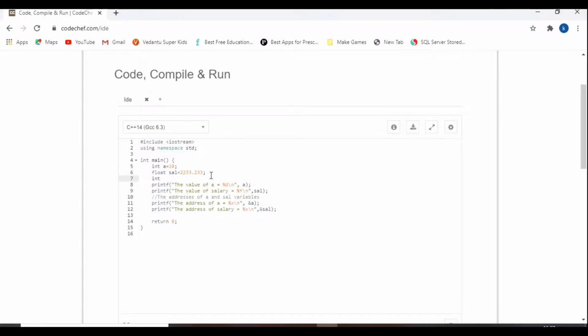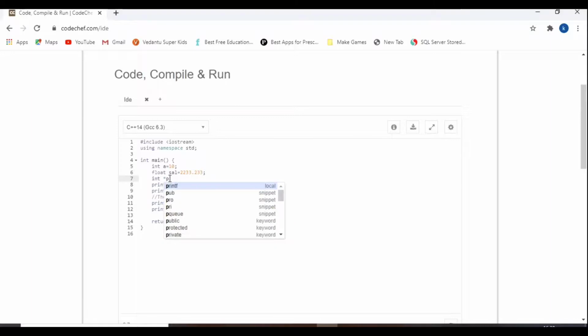Here I am saying int star. So star is a unary operator, like a multiplication symbol. You will be making use of the same operator to denote a pointer.